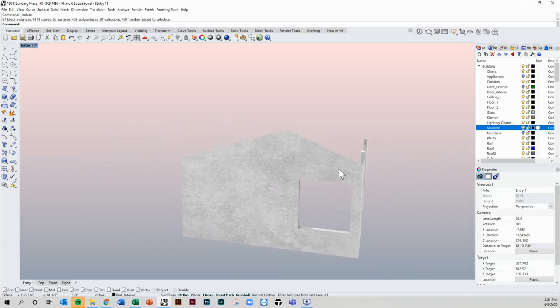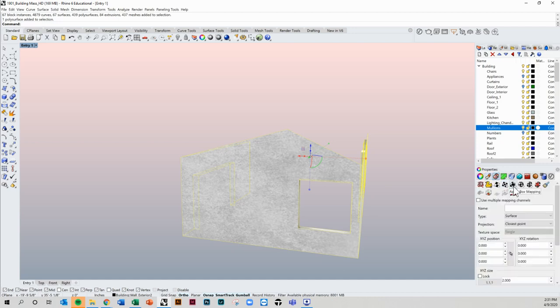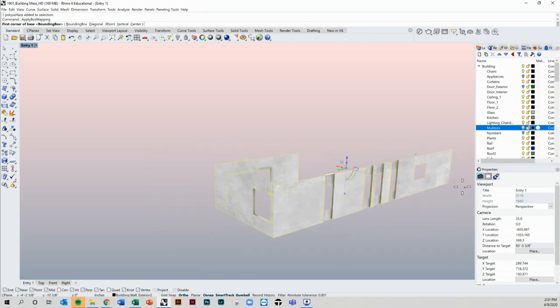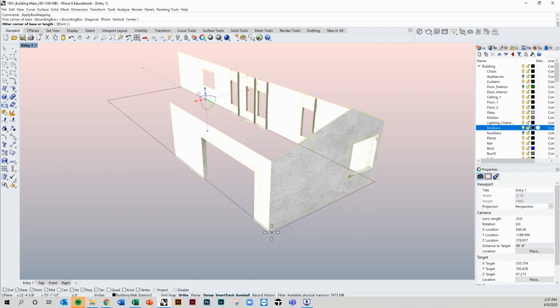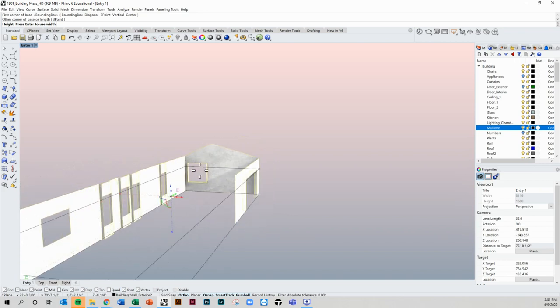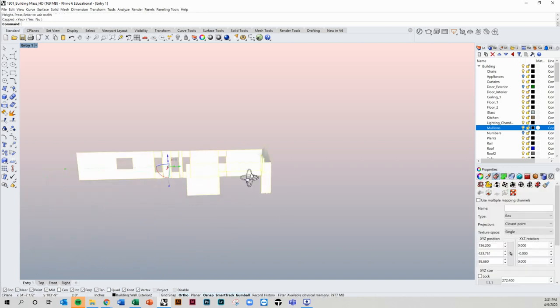Now, like I said, the first thing I'm going to do is select this. I'm going to go to my texture mapping, and I'm going to go to apply box mapping. The box mapping for me has been the easiest way to manipulate the texture, and so I recommend using that. So the first thing is I'm going to click the corner, the furthest corner, and I'm going to go all the way to the other side, click the other furthest corner, and then I'm going to go to the topmost part of the surface, which is up here. And that's basically a box of my entire surface that I want to apply this to. I hit enter, and now you can see